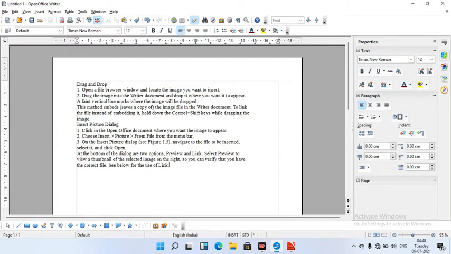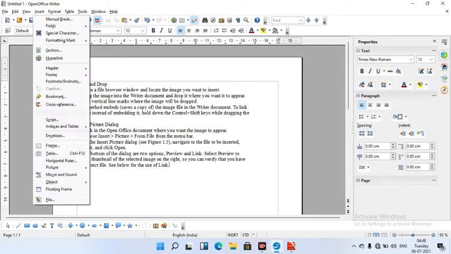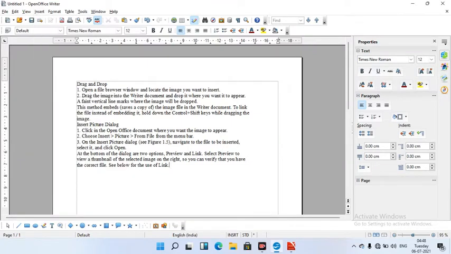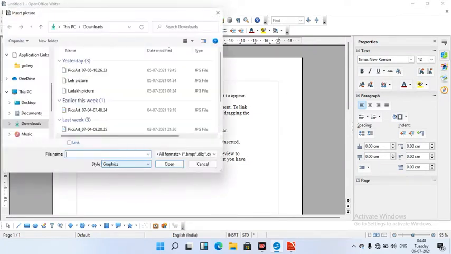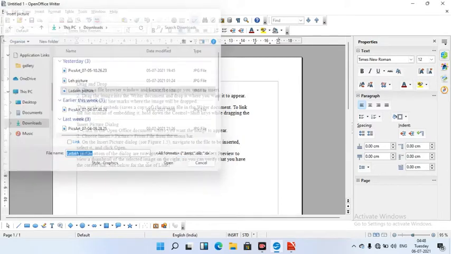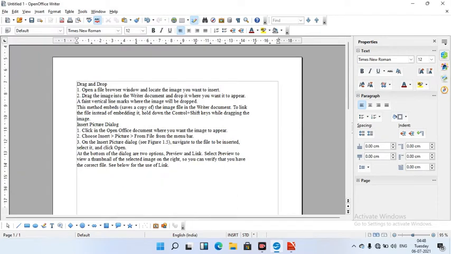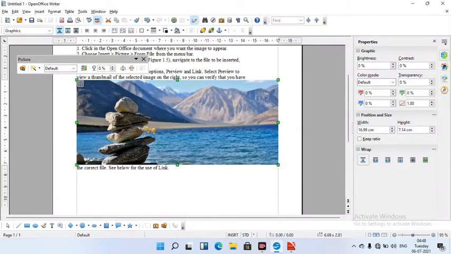First we will go to Insert, and from there Picture, and from there From File. We will insert one picture. Let's open this picture and paste it here.